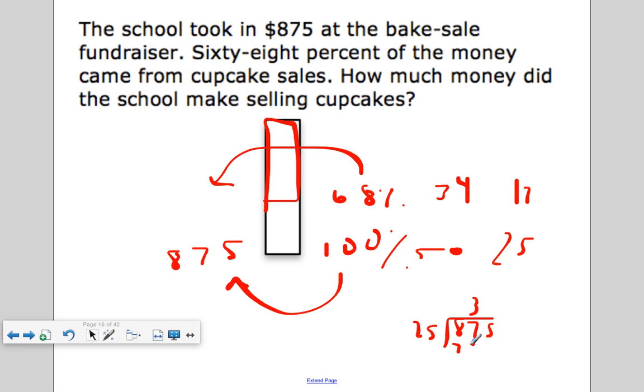If you subtract 87 minus 75, you get 12. Then how many 25 go in 125? 5 times. So our scale factor is times 35. So if I multiply 17 by 35,